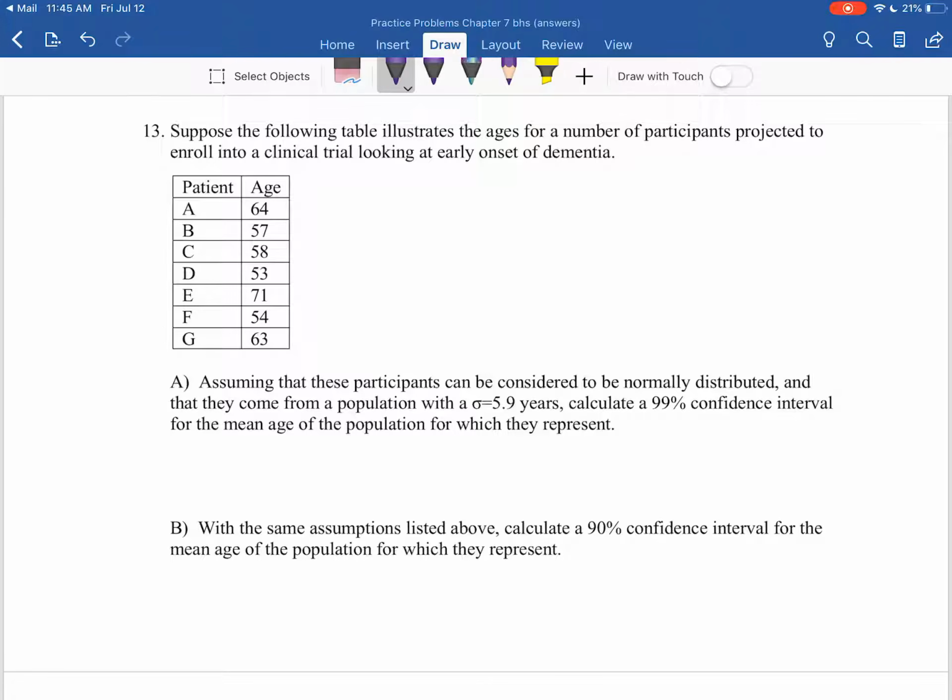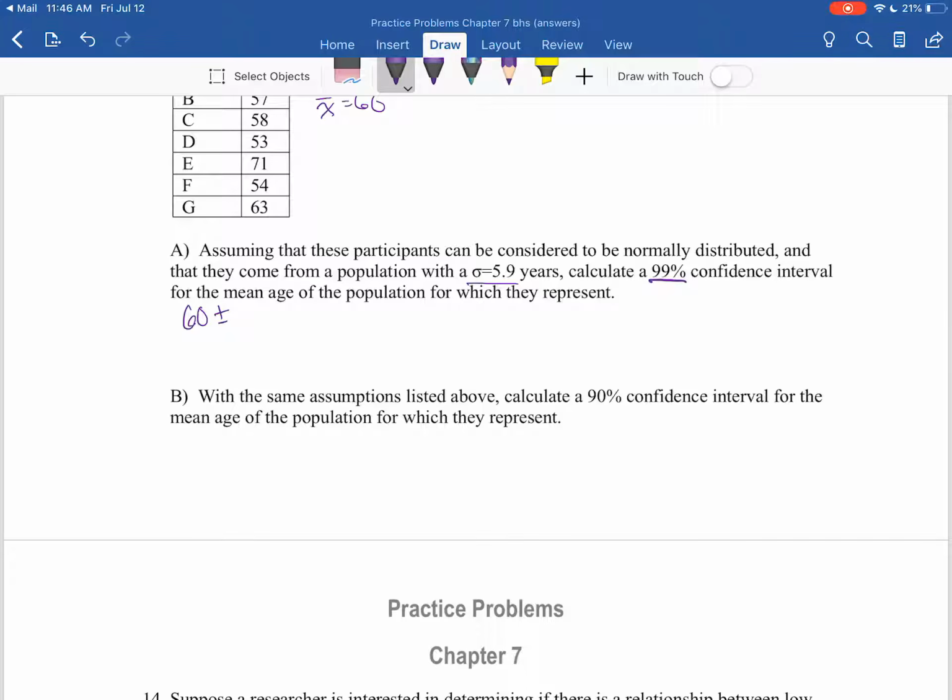Next one, we're given patient's age, and we're trying to also calculate here a 99% confidence interval. So what do we know? Our n equals 7, x bar is equal to 60. Our standard deviation given to us here is 5.9. So we're going to calculate a 99% confidence interval, and that's going to be 60 plus or minus a value we should know for z, 2.575. It's also outlined in the book under the confidence intervals, times our standard deviation over the square root of